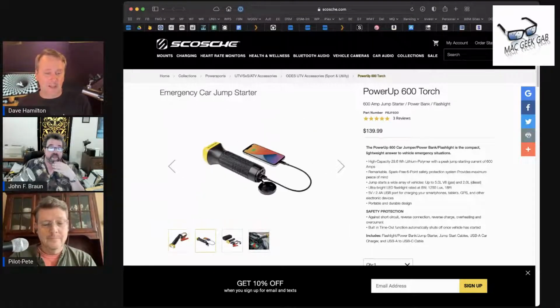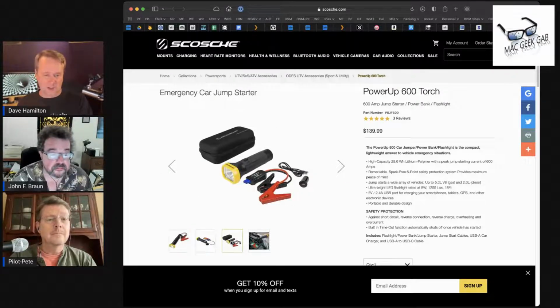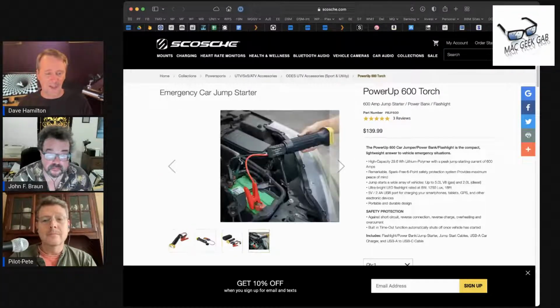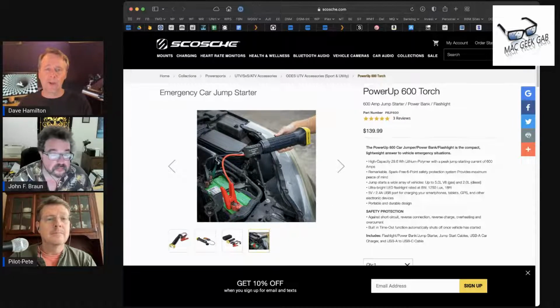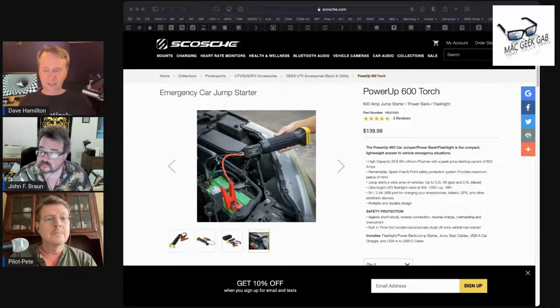It's basically the size of a flashlight. You can charge your phone with it, you can jumpstart your car with it, and you can even use the flashlight as a flashlight, which is amazing. So, pretty cool thing to keep in your car. It's $140, at least from Scosche. And of course, you might be able to find it less expensively elsewhere, but I figured that was a good one to mention given the timing of everything. So I like these things. It's good to have something like that in your car.